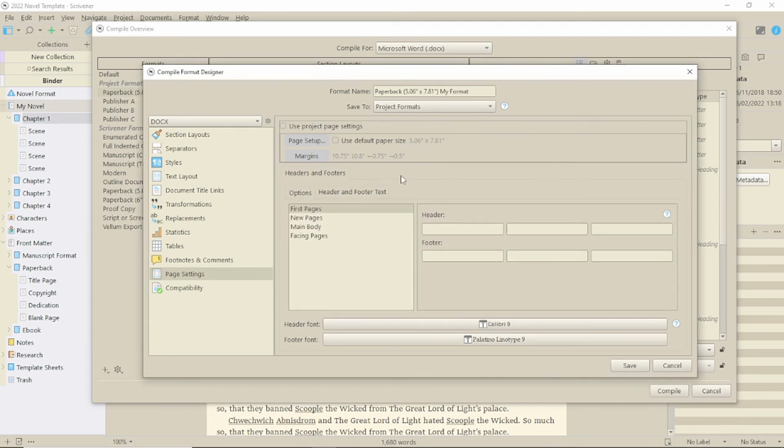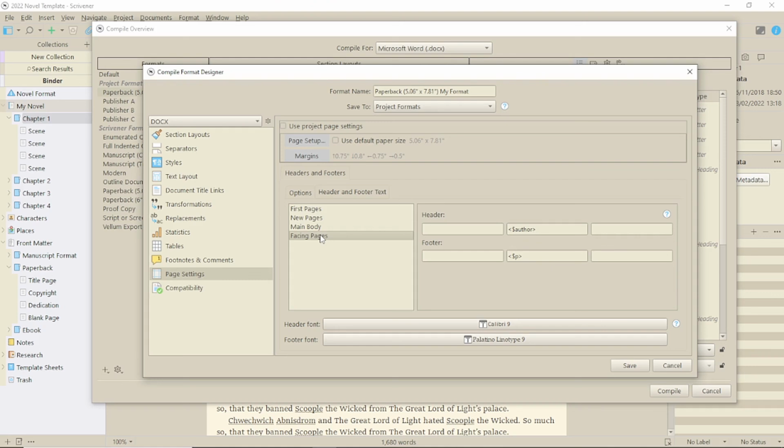However, if you do, go to the Header and Footer Text tab. The sections you'll most likely want to change here are main body and facing pages. Change what's there by overtyping, but be careful not to overtype the number field in the footer unless you don't want numbering, which would, it has to be said, be unusual.